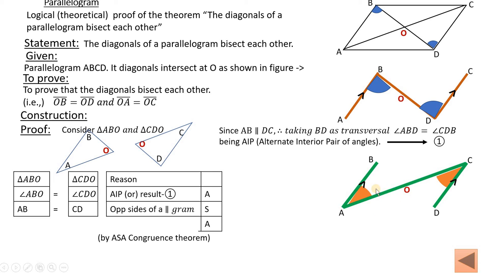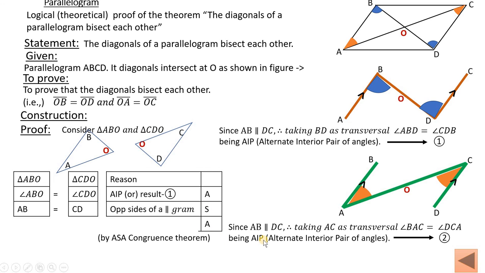Why will these be equal? Because these are alternate interior angles and AB and CD are parallel. There is an already established theorem on this. Therefore, these two angles should be equal. We will mark it in the figure, in the parallelogram also. These two are equal. Therefore, now in these two triangles, two angles and the included side are equal. So we are using ASA, condition 2 mentioned here. You can say it as AIP, alternate interior pair of angles. That result we can say BAO equals DCO, means this angle equals this orange color angle here. Both the triangles are correspondingly equal.